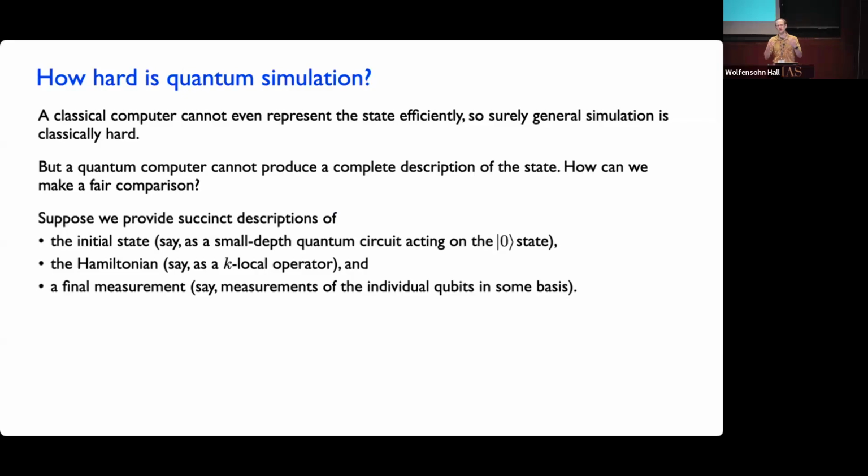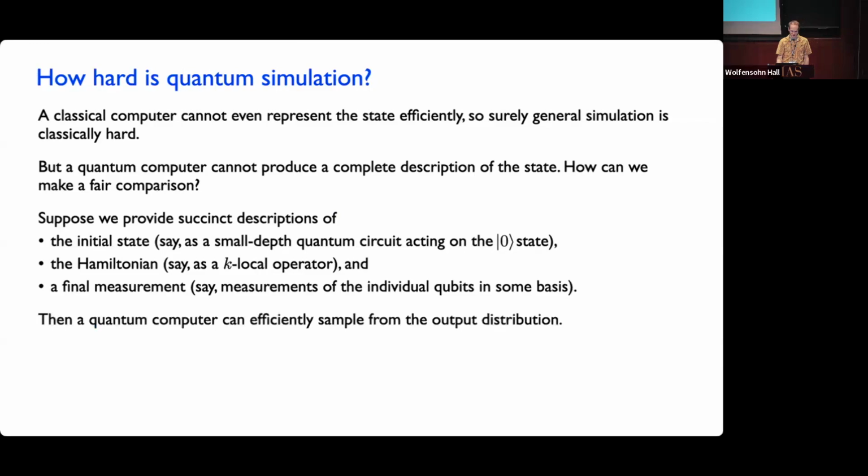That gives you some description of what the initial state is. Maybe we also have some simple final measurement we want to make. Let's say we're just going to measure the qubits at the end of the day in the computational basis. And imagine that the Hamiltonian is, for example, k-local, so it's something that we can explicitly specify. And now all of the aspects of the problem are things that we could in principle present to